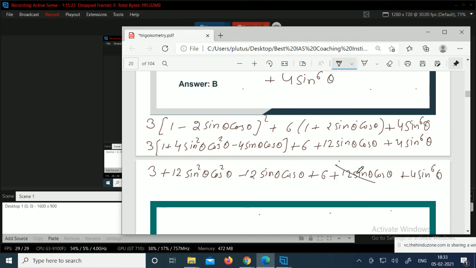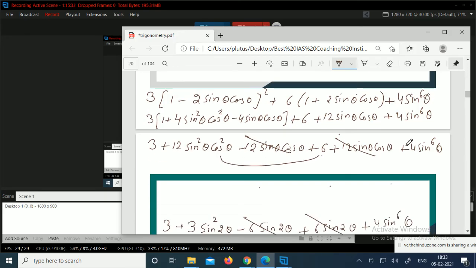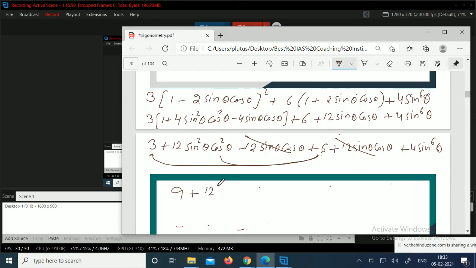So this gets cancelled, and if I take 6 as common from these two factors, or either I can add these two. This is 9, 6 plus 3, these two factors adding, and the left out factor is 12 sine square theta cos square theta, and this is 4 sine 6 theta. Okay, so now